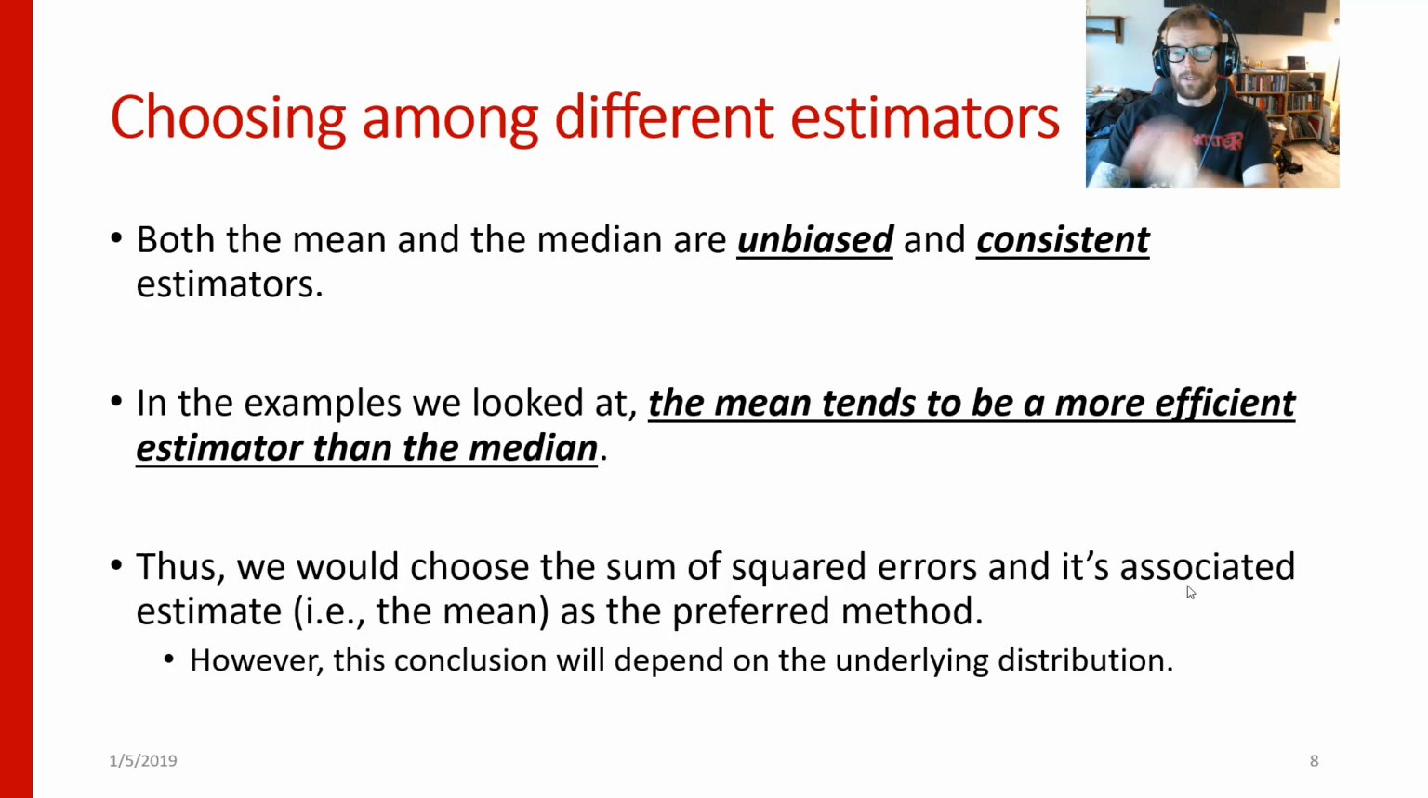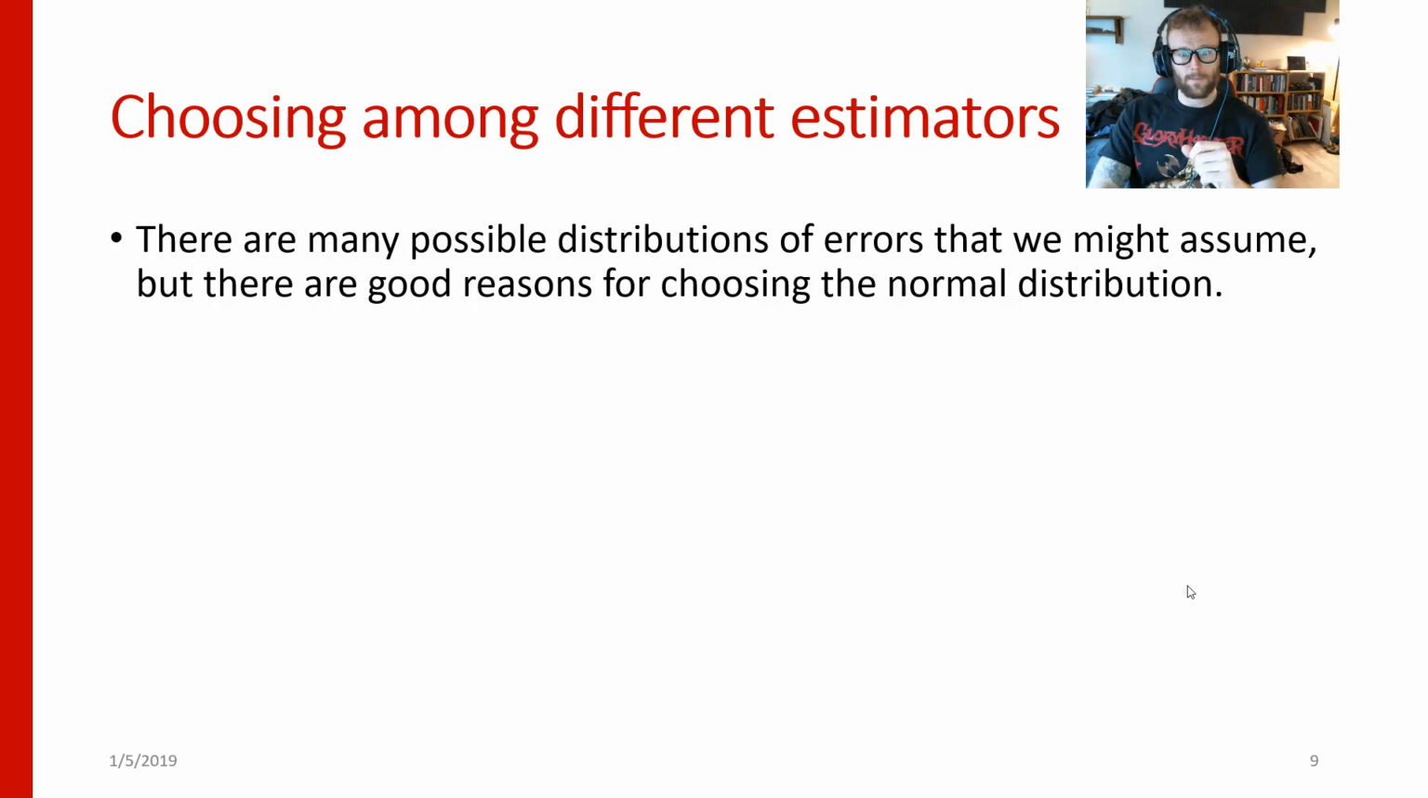Now, this conclusion will depend on the underlying distribution, right? As we saw, the efficiency of this depends on whether we were sampling from a normal distribution or a uniform distribution. And in general, the mean was performing much better in the normal distribution compared to the uniform distribution. And there are many possible distributions of errors that we might want to assume, but there are good reasons for choosing the normal distribution. And in chapter 3 of the book, they describe this in detail, and we'll review some